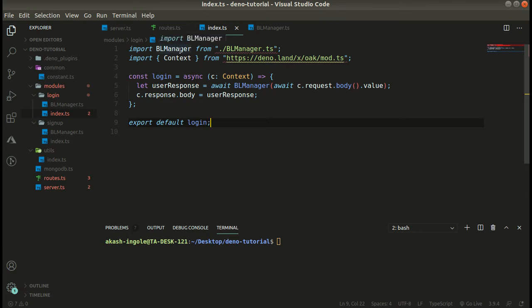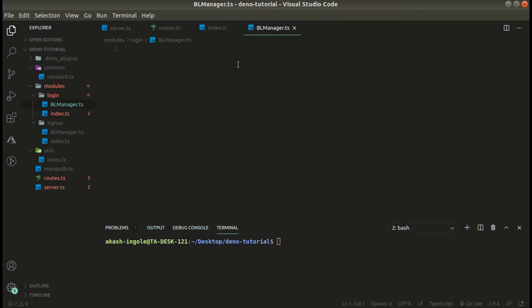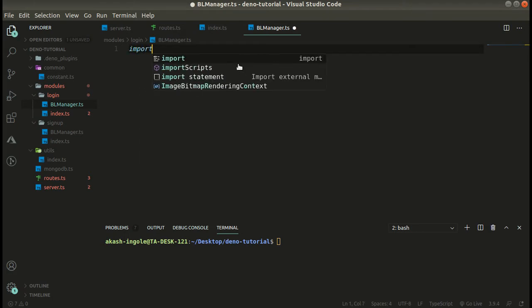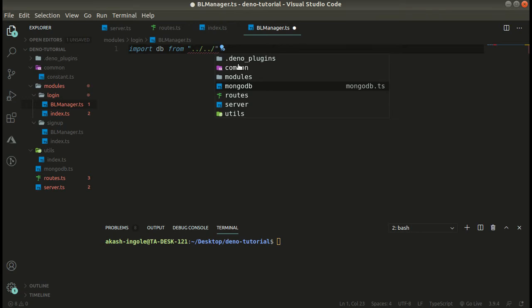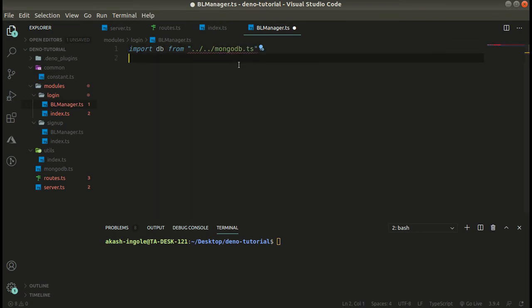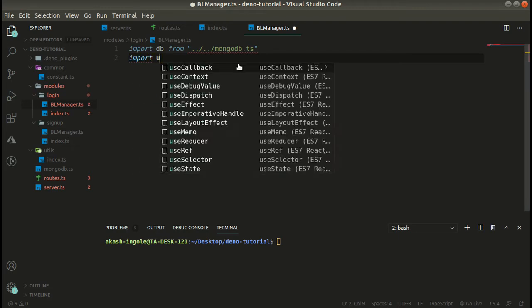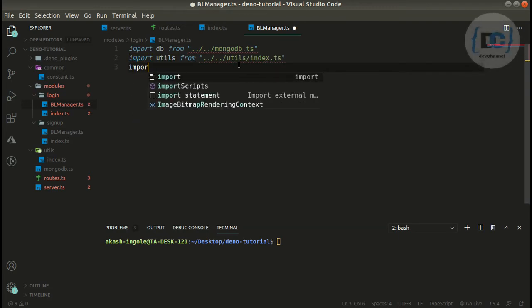So we have our manager class over here, the manager file, and the context. From context we actually get the request, and that request we are passing to this file over here. Now we can import all the dependencies that we want, like import db from the mongodb.ts file, and we also need to import utils, and we also need this constant file.